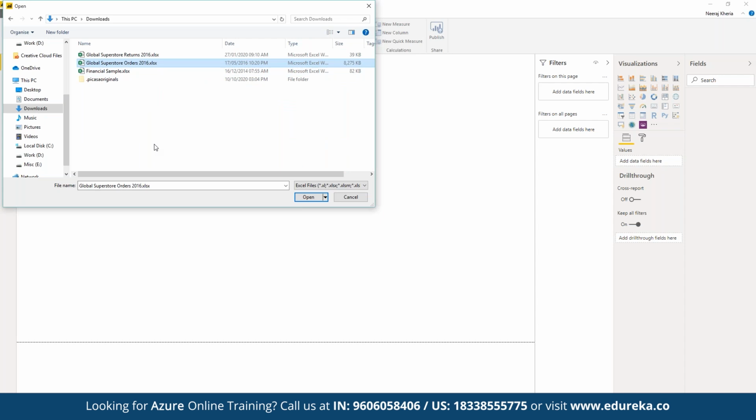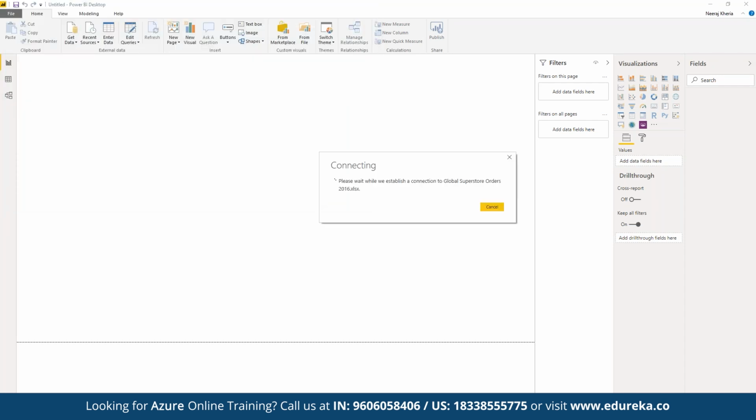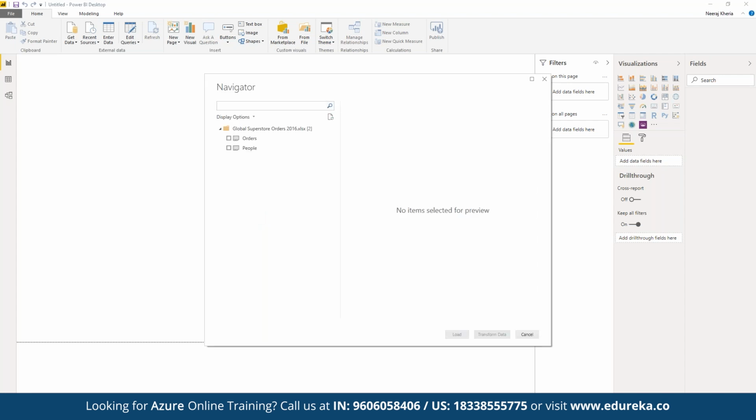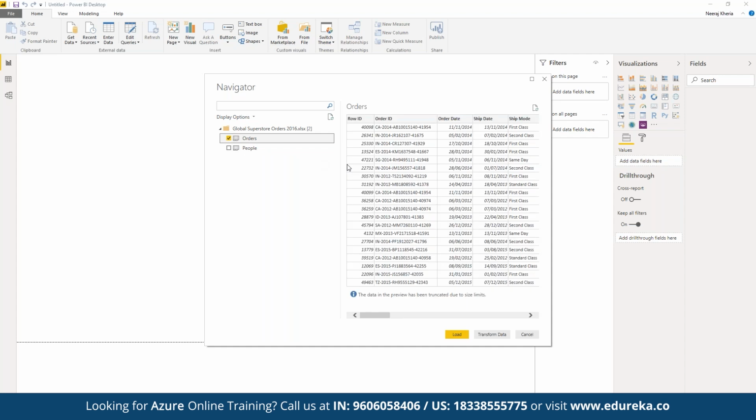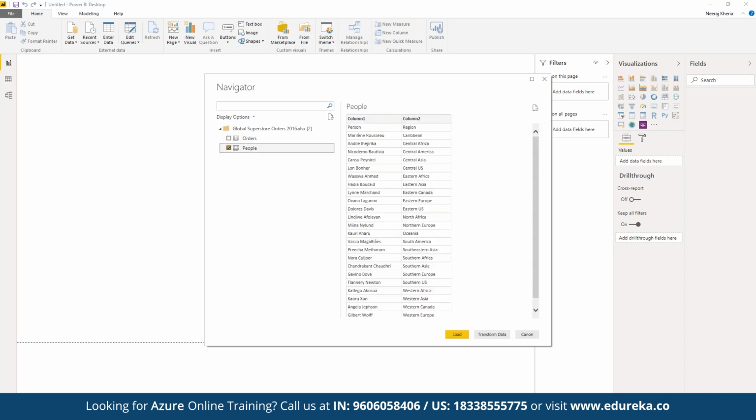For example, let's say we want to work on Superstore orders. We can click on Open. First of all, this is going to read the data, and this is going to allow us to fetch a portion of the data that we are currently importing, or we can perform multiple ETL activities as per the requirement. Here we have two tables. Here we have orders, and whichever sheet we choose, we can see a preview of the data available in this sheet. And then we have people. We can see the data available for people as well.